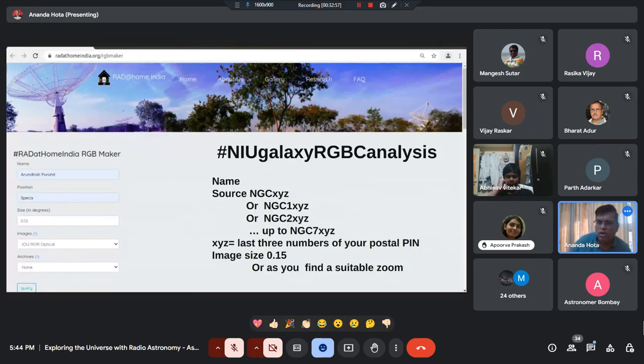Okay, so the RGB Maker is extremely simple. You just put your name, you just put the galaxy name. It takes a standard image size. The standard default image size is 0.12 or 1/8 of the size of the moon, that kind of small part of the sky, which it will image for you.